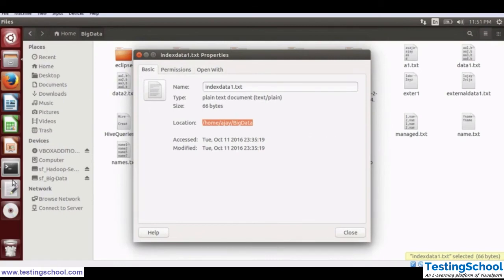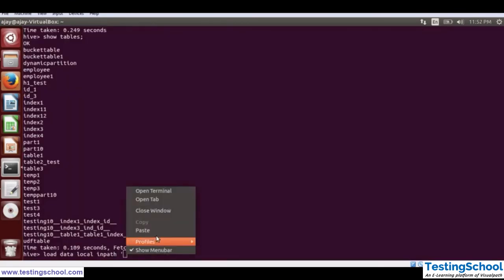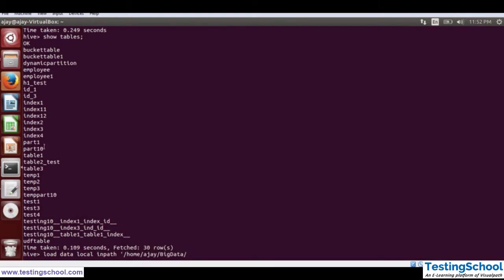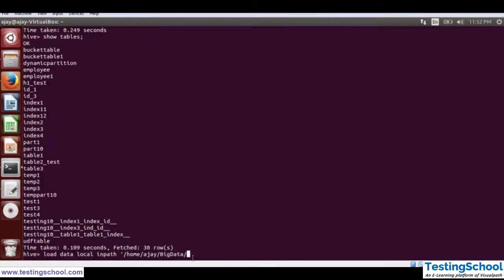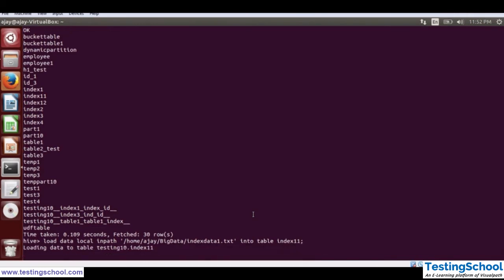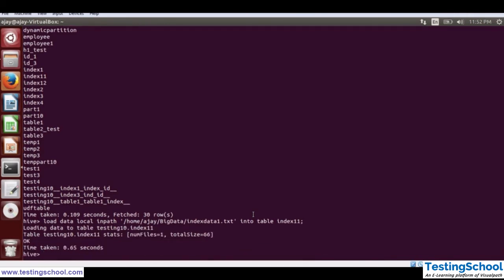This is in the home folder, slash and then the file name. The file name is indexdata1.txt. Then into table and then the table name. So our table name is index11. Let's execute this query. So now my data is loaded in the table index11.